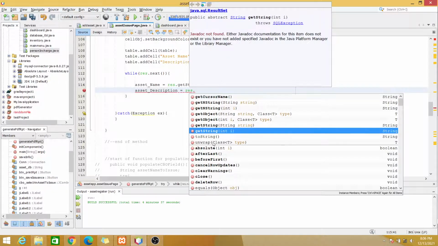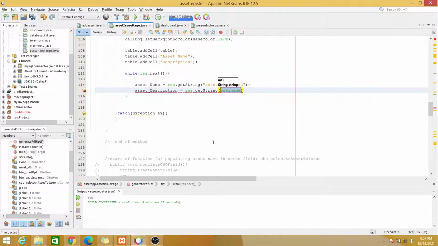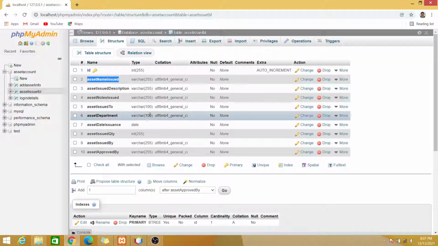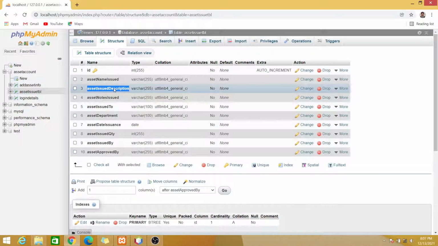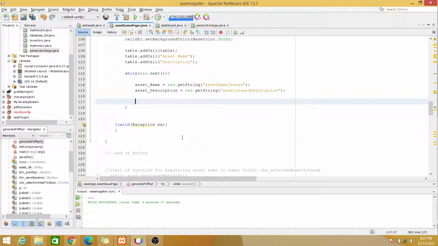We have two get string methods here, but the one we will be using is get string with a string value inside. So we'll use this one, and same as above, we will copy the column name from our database and paste it here. Okay, so next will be